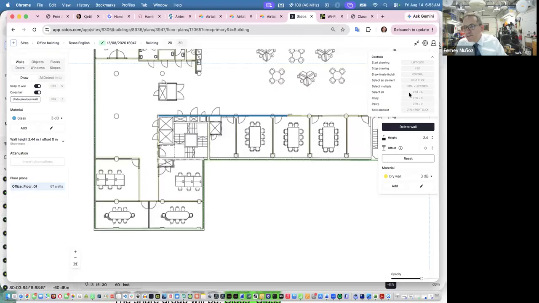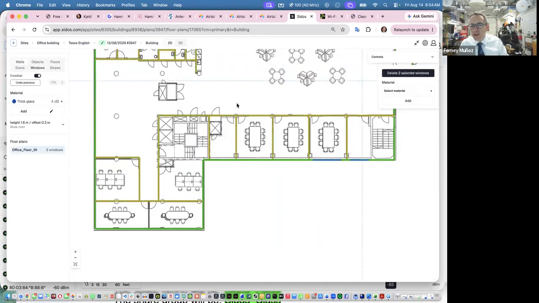And here, notice that I have the select all with control A, copy, control C and control V, and split element. I guess this is to add a break in the material. So I could copy walls because I've done that in multiple floors. We'll see that later. But then apparently when you go to windows, you cannot just select this window,